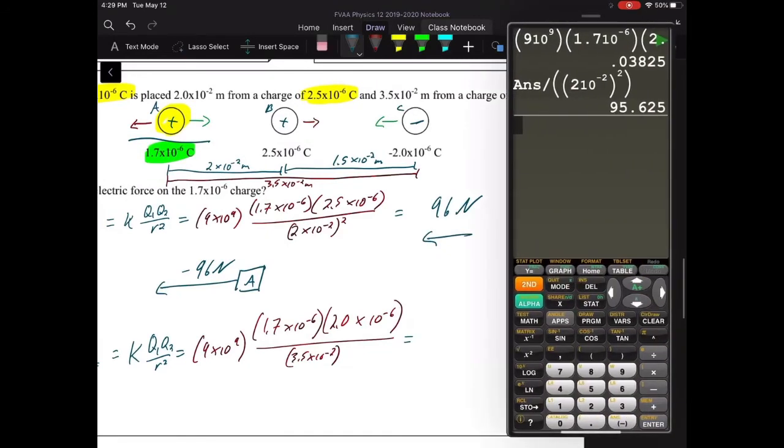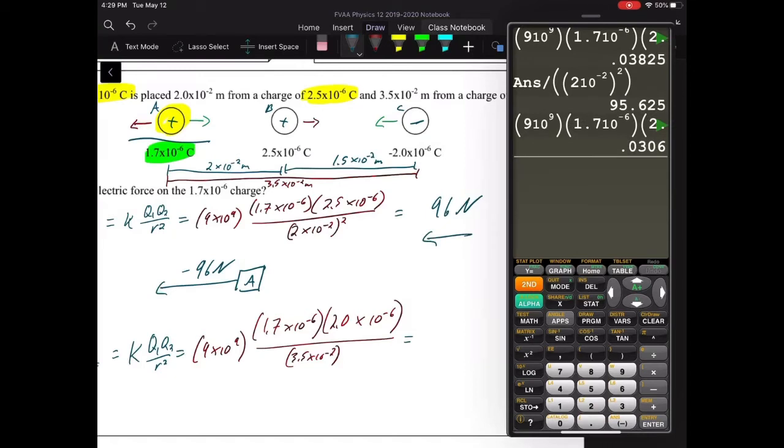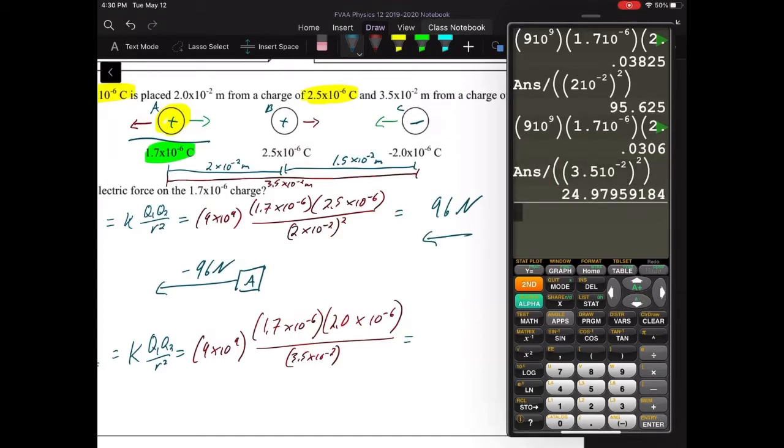So again, use my calculator to plug all this stuff in. I could probably reuse much of this equation. All I have to change is that 0. But everything else stays the same, so I end up with this. And then I can probably use this equation. However, now this 2 changes to 3.5. So 3.5. And I'm good to go. Press that, and I get my force of